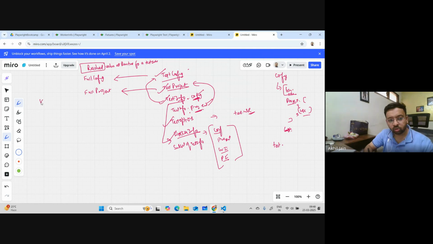We have some hooks in Playwright. There are 4 hooks which are applied, and these are very easy. One is called before all. As the name says, what you can do is, for every test